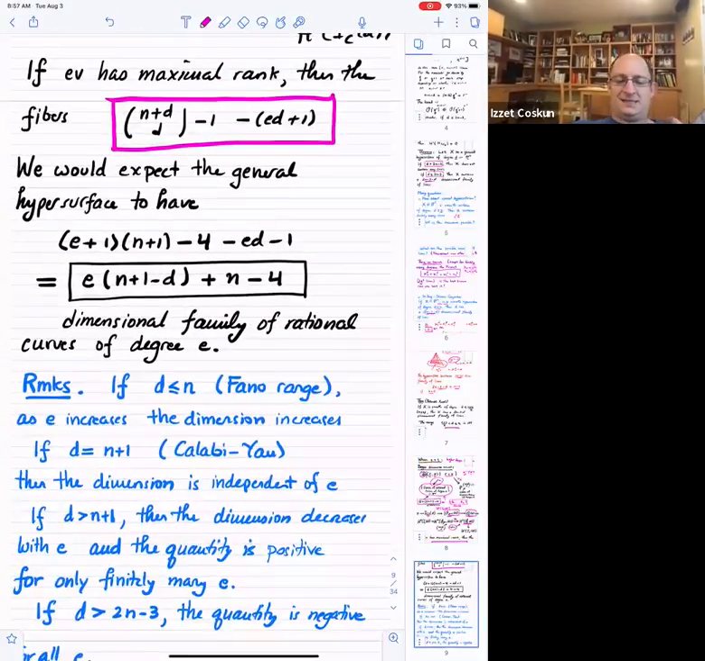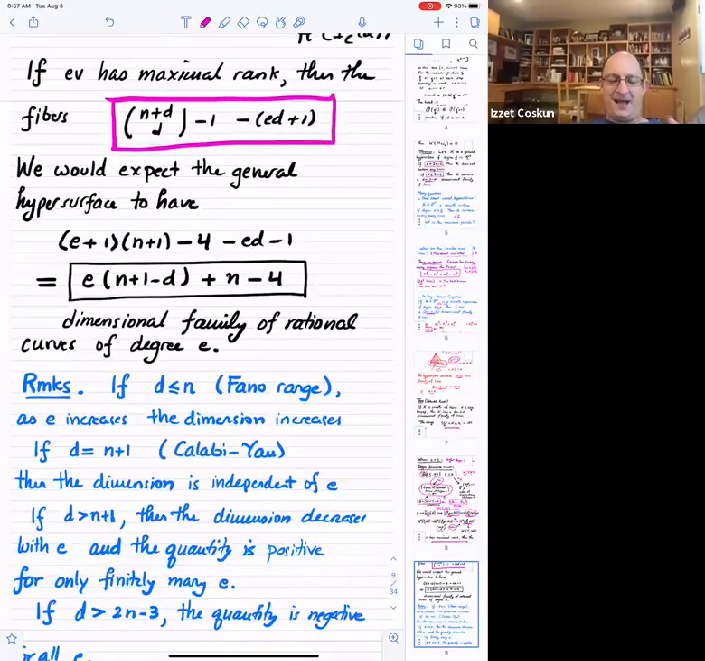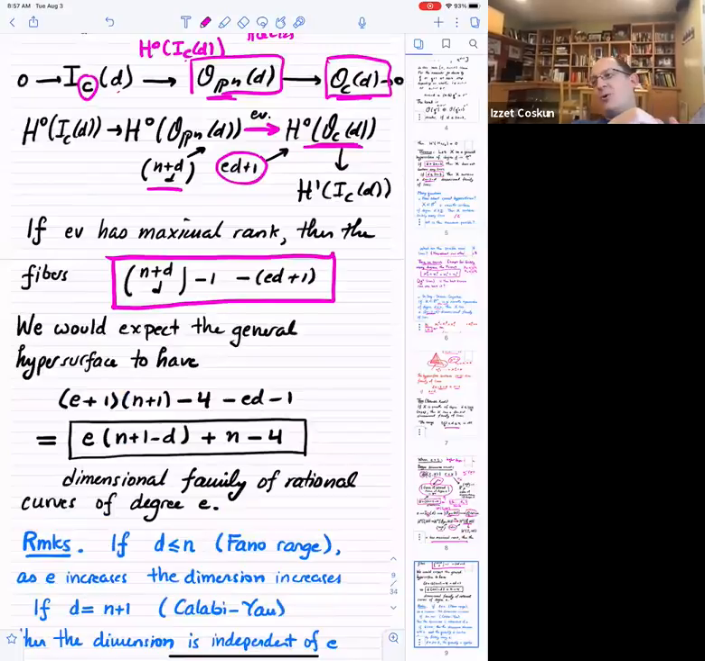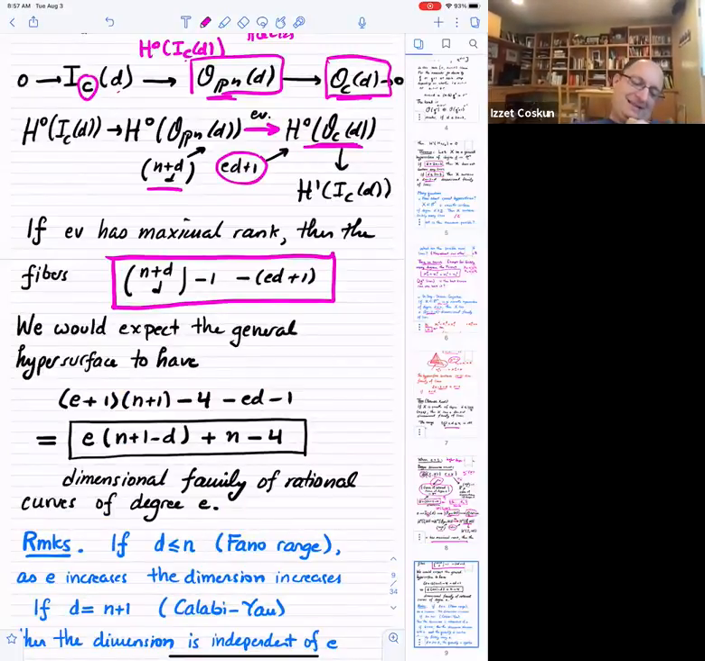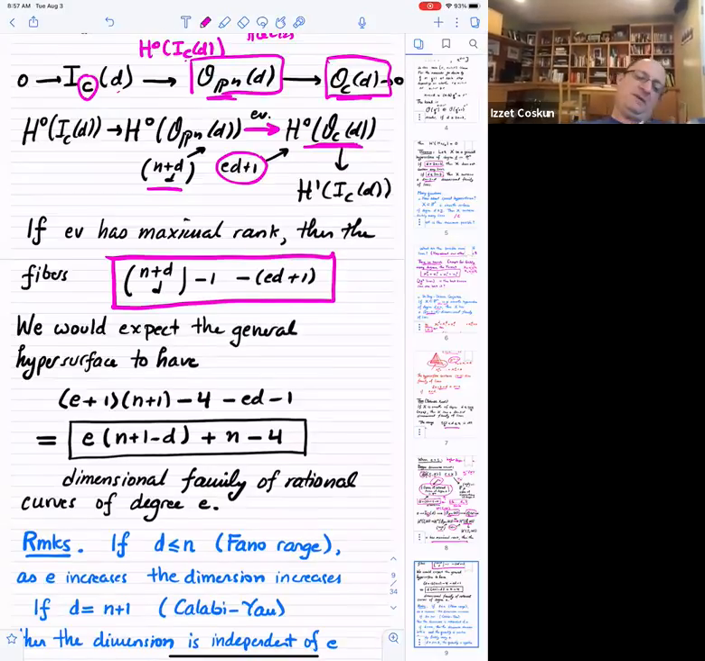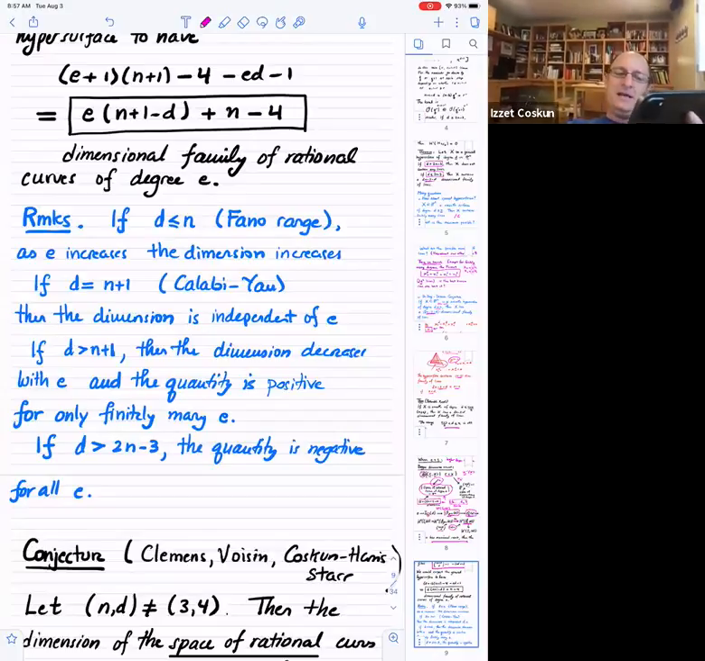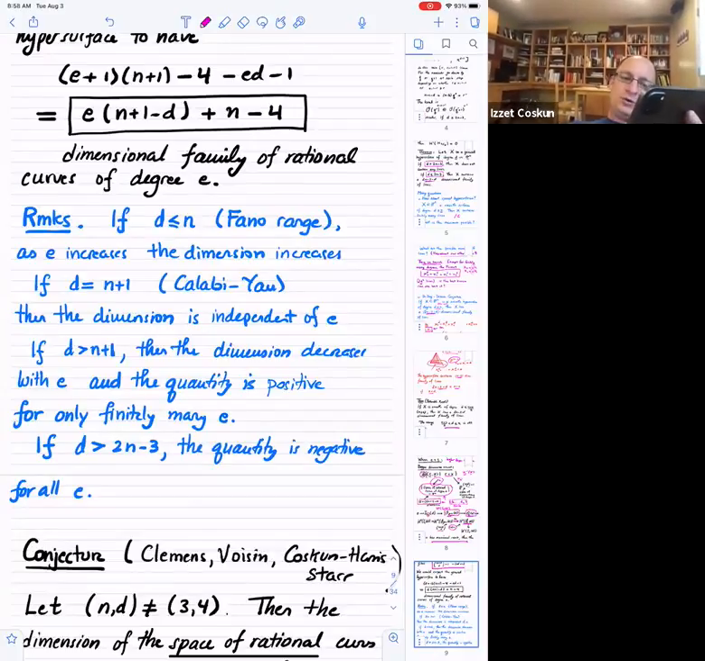And this dimension is e times (n + 1 - d) + n - 4, okay? This would be correct, of course, if this evaluation map were always surjective, but it isn't. Okay, but nonetheless, before we go on, maybe let's stare at this number a little bit. So the first thing that you should notice is that if